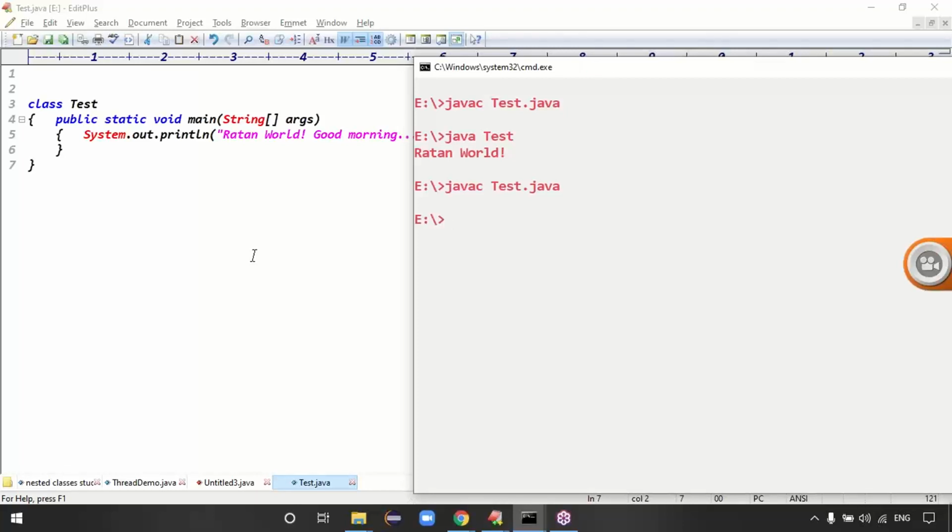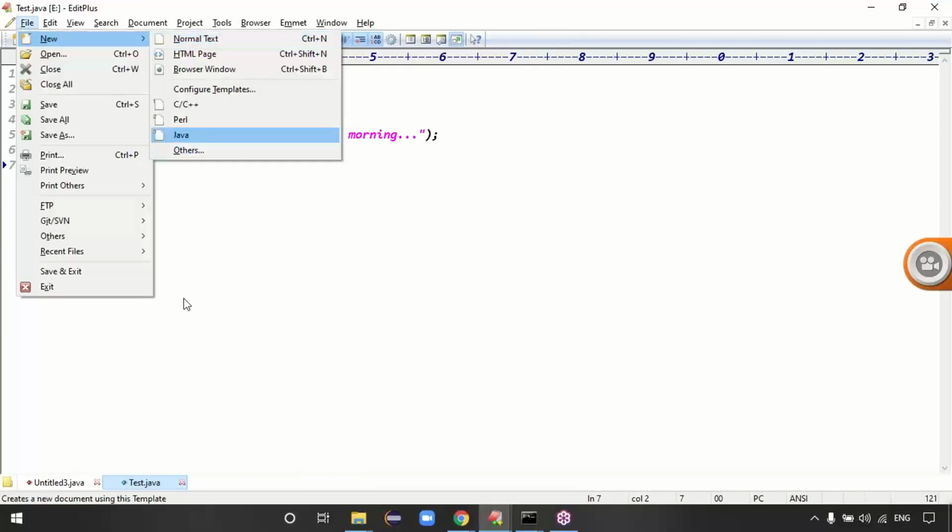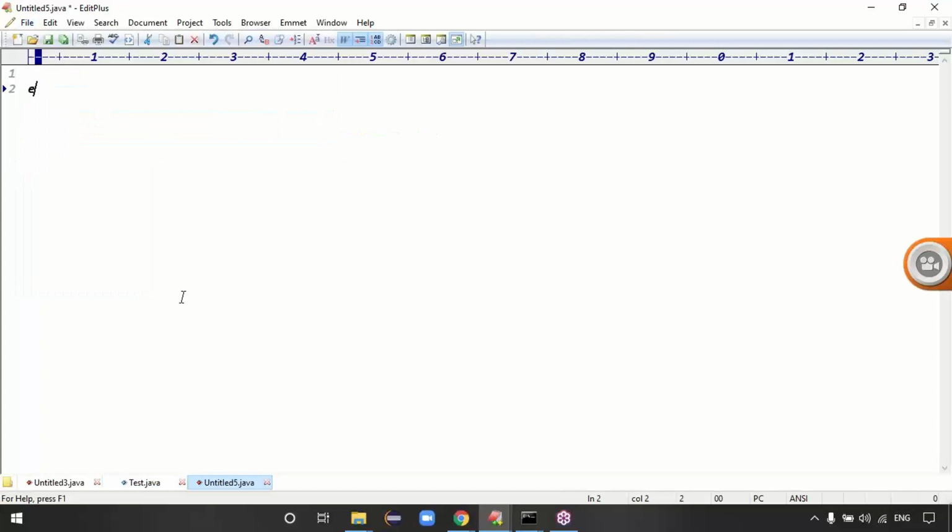It executes. Executed, right? Exactly. Ratan World, the good morning message, you got the output, right? It means the import statement is optional. Definitely import is optional. Exactly, guys. That is conclusion one of today's class.